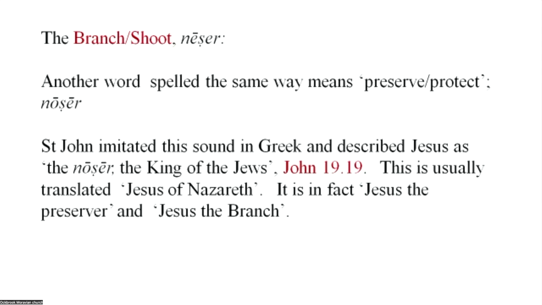But if you look at John's Greek, the middle vowel is an omega and not an A. So what John is writing is Jesus the preserver, not Jesus the man from Nazareth. But you won't find that in any translation that I have come across. I would love to see one. So Jesus here is the preserver. He's the branch. All these word plays come through,